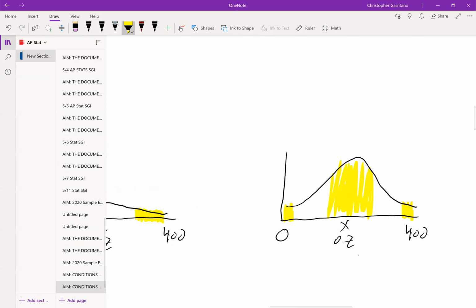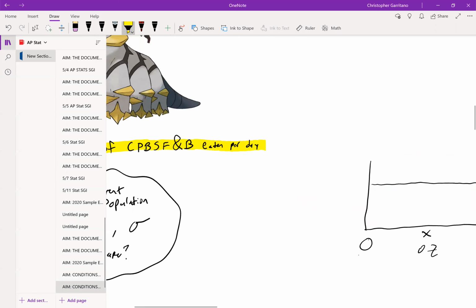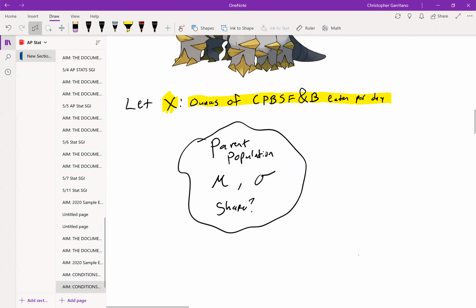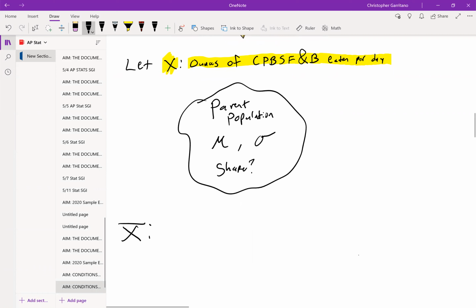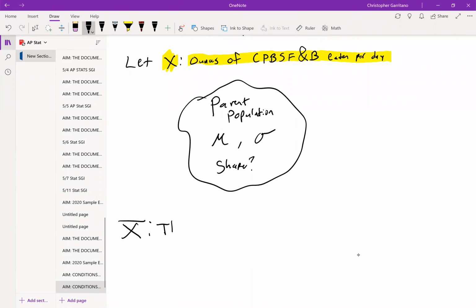Point is, it doesn't matter, because if we wanted to study X bar, which is the average ounces eaten in a sample of n people